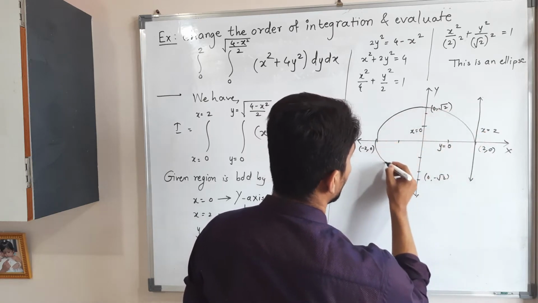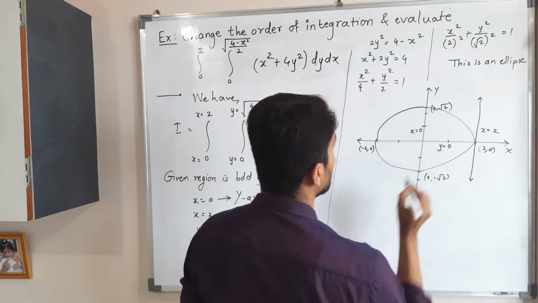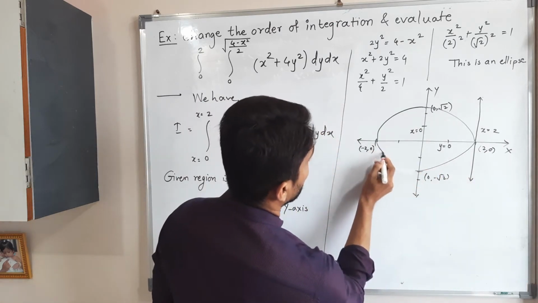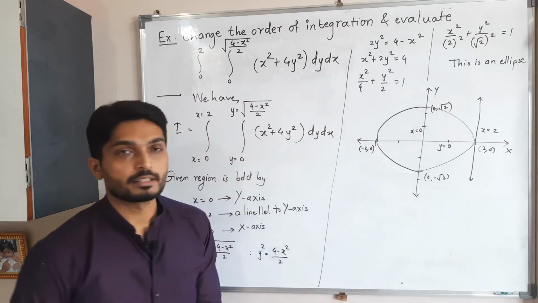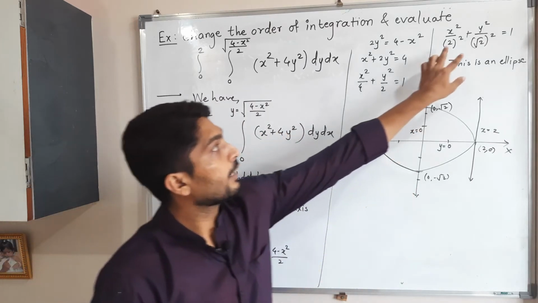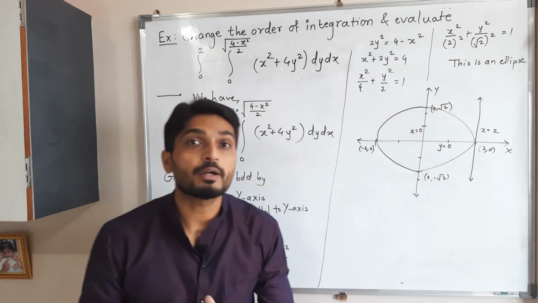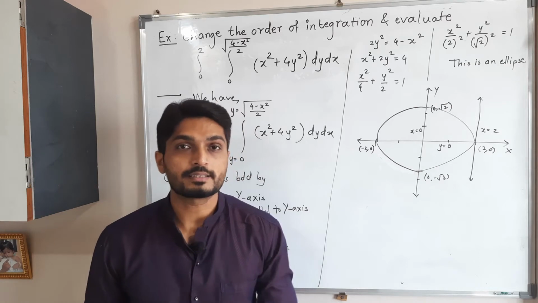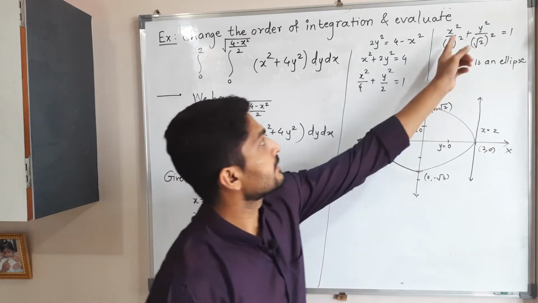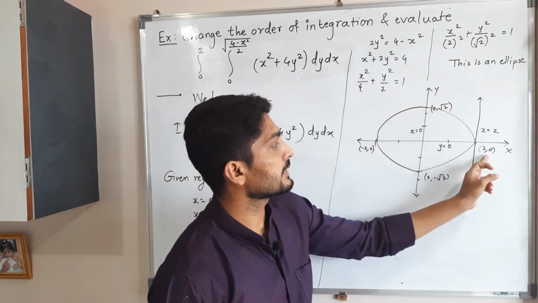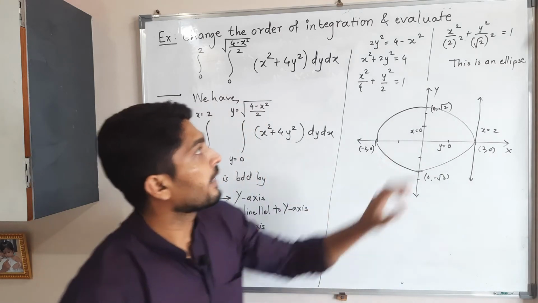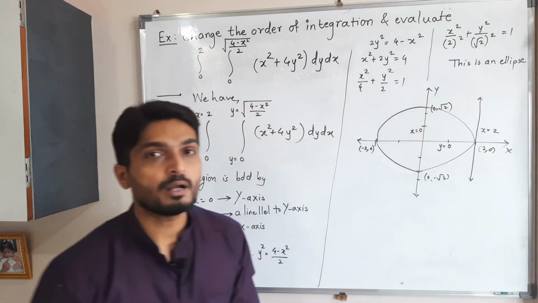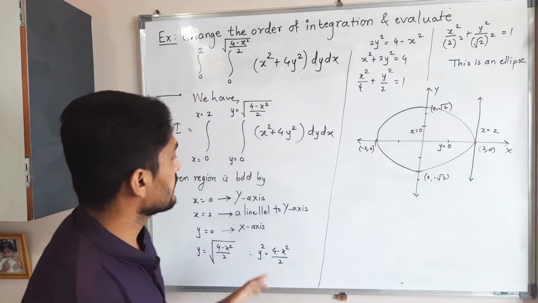A rough sketch I am drawing here. So this is the given ellipse. You are getting my point? Okay, I will rectify it. Now it looks better. So we have to decide, by considering the denominator, how to draw the ellipse and at which points it cuts the x-axis and y-axis. Here x has denominator 2 square, so it cuts the x-axis at (2, 0) and (-2, 0), and y has denominator root 2 square, so it cuts at (0, root 2) and (0, minus root 2). So this is the given ellipse.